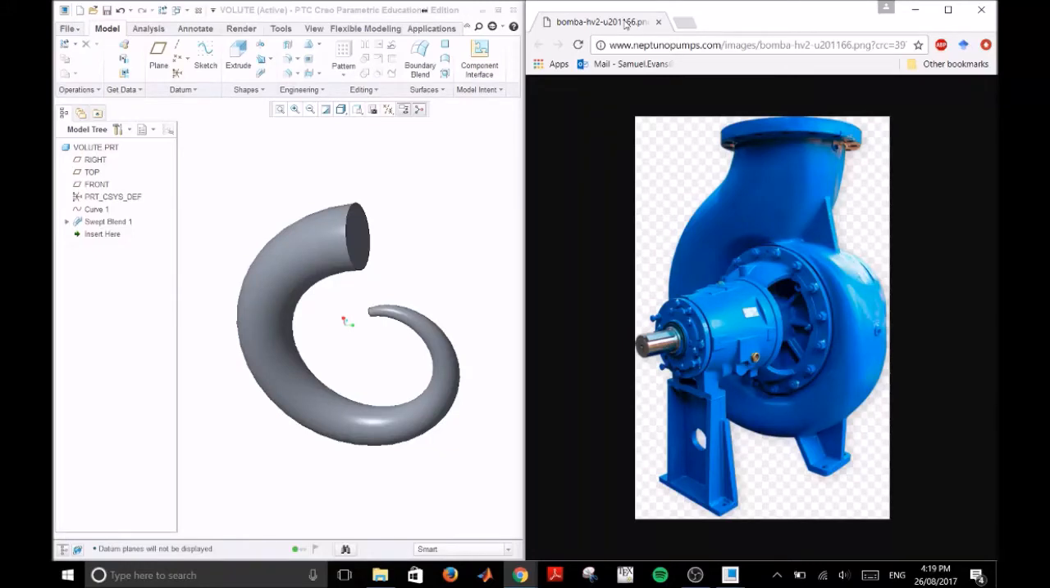Hello and welcome to this video tutorial for Creo Parametric version 3. This tutorial will detail using the Swept Blend tool, which can be used for making the volute in the pump assignment. All the other features on the pump and motor can be modeled using the Extrude tool, the Revolve tool,